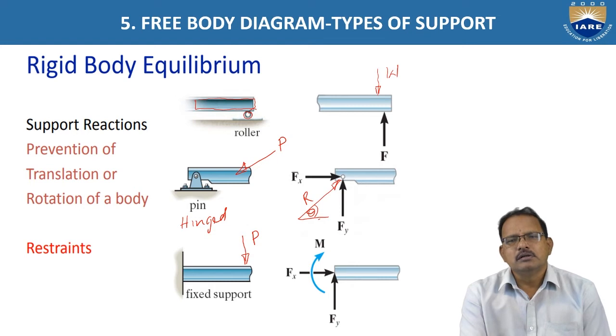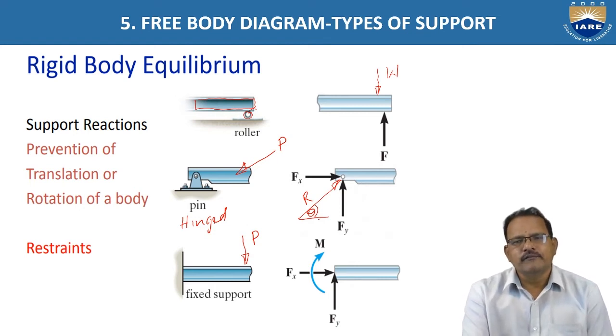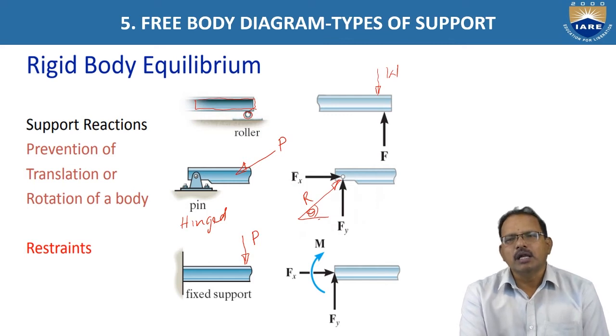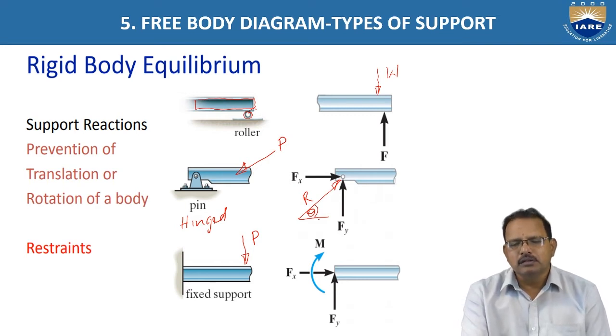Hence, two types of reactions are developed, Fx and Fy. At the same time, the moment created by the force P is also resisted. Hence, along with the reaction forces, the moment of couple, which is in the anti-clockwise direction, is developed